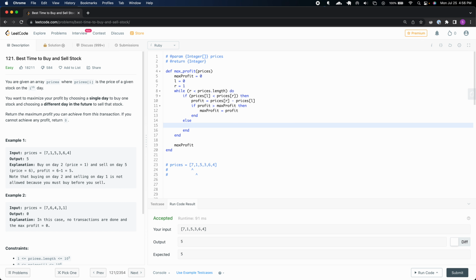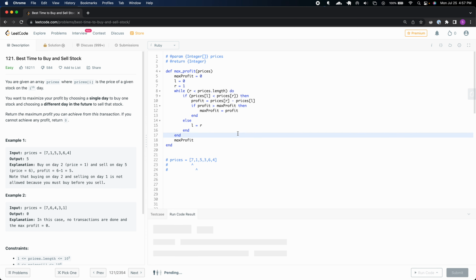And then, but if the left price was greater than the right price, then we're out of range, and we want to update the left pointer to be equal to the right, because the right is now the lesser number. And then let's check everything from then on out to check if there are other profits. So that'll reach the end, and if I run the code,